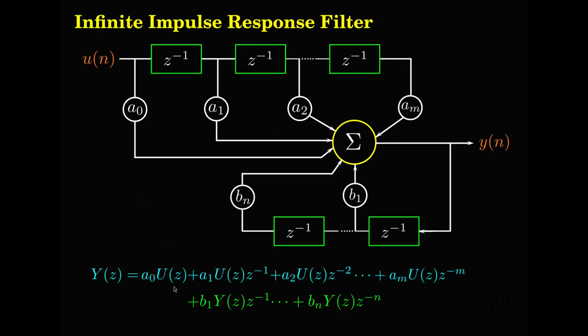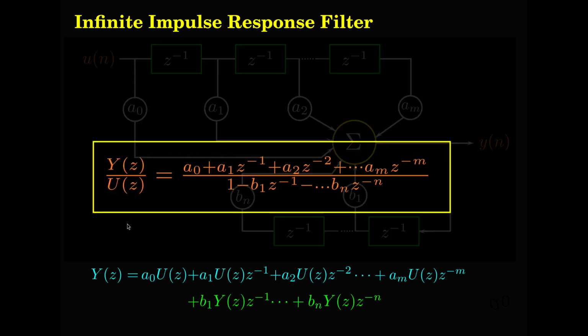What you can do is bring all the YZ terms to the left hand side, take out YZ as a common factor. On the right hand side, take out UZ as the common factor. YZ by UZ, you can get YZ by UZ. So I will put it here. I will lighten the background. YZ by UZ will be,